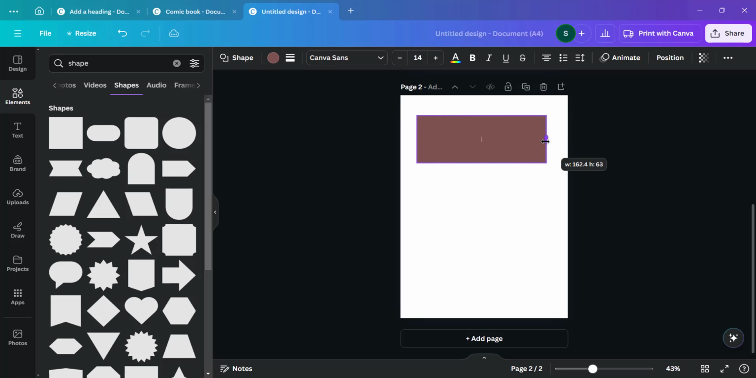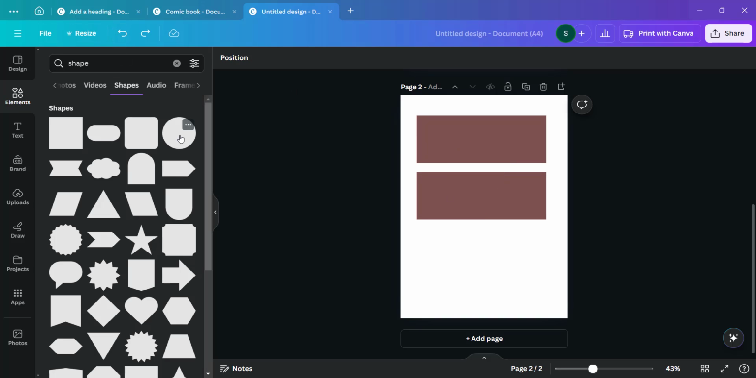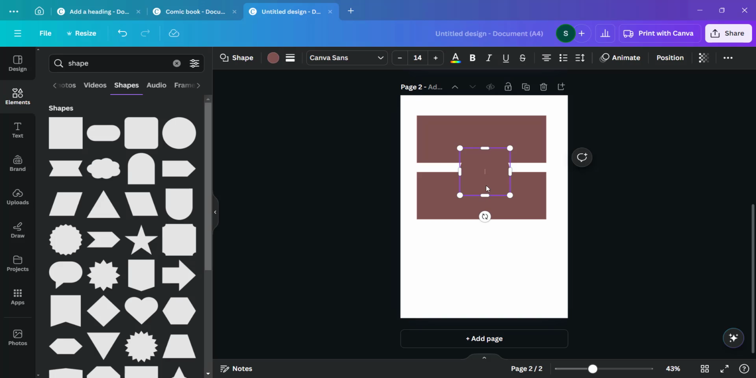I'm going to drag it across. I'm also going to choose another square and drag it across. Next, we can choose the circle. Place the circle in the center. Undo that one. We click and drag the circle in the center,